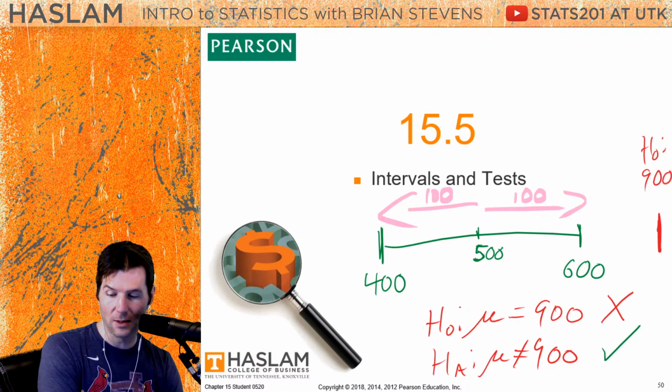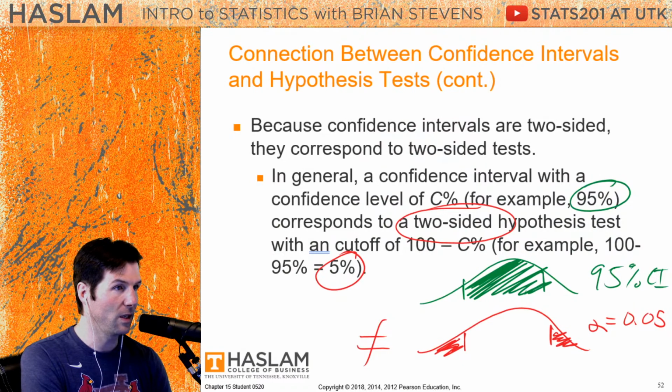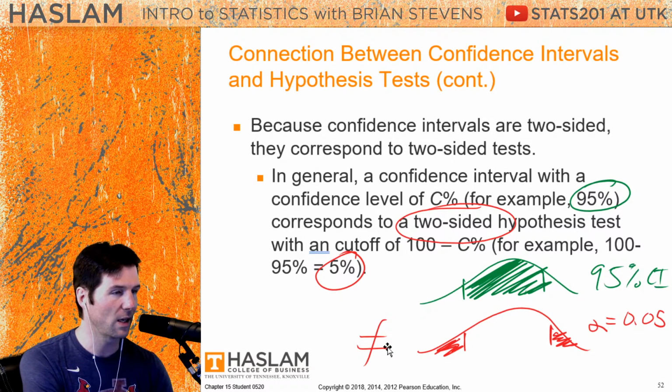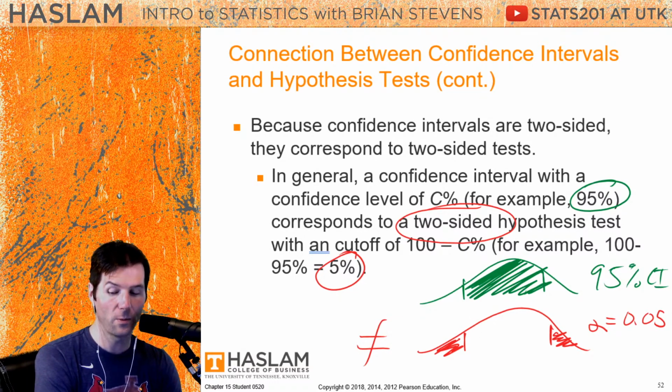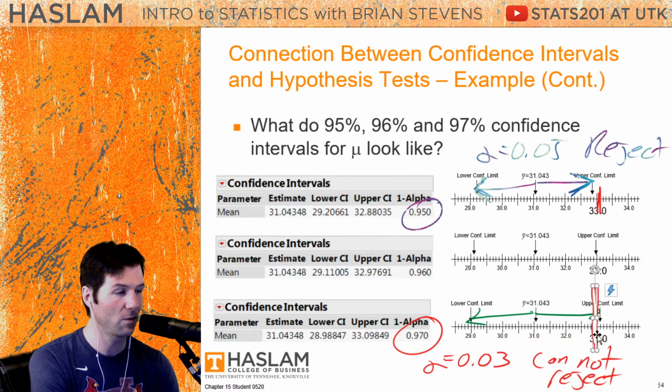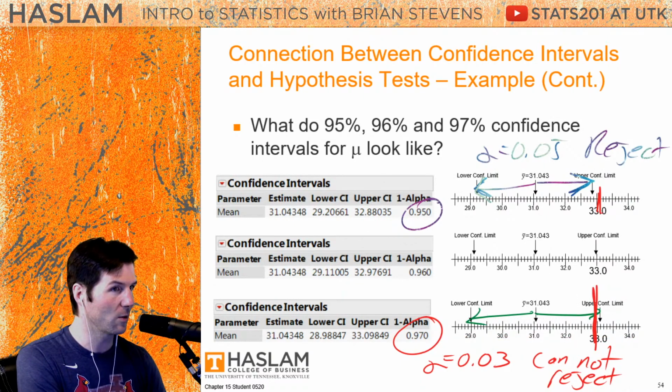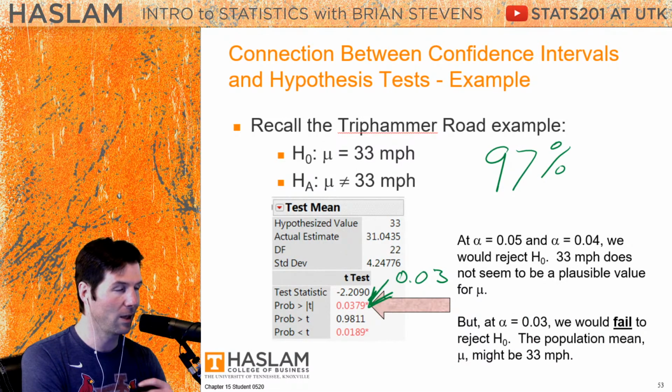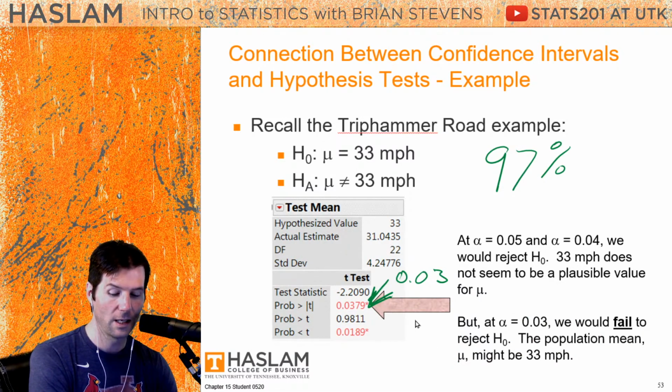So anything inside a confidence interval cannot be rejected at alpha equal to 1 minus the confidence level. So if we're doing a 95% confidence interval and something is inside of it, we can't reject it at the 0.05 level on a two-sided test. So we're doing the two-sided. But if something's outside of it, we can reject it. And we see the same thing right here where things are outside the interval or inside the interval, and we cannot reject it. So definitely right here, we see the idea of, can we reject something at the 0.03 alpha level? And no, we cannot, because the